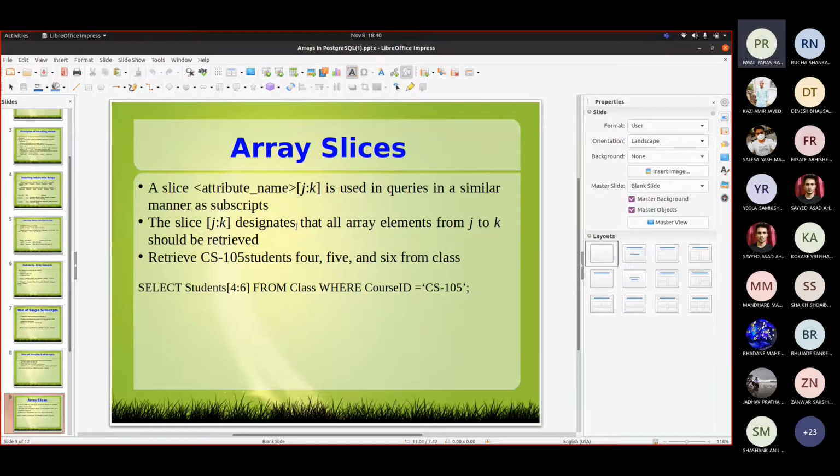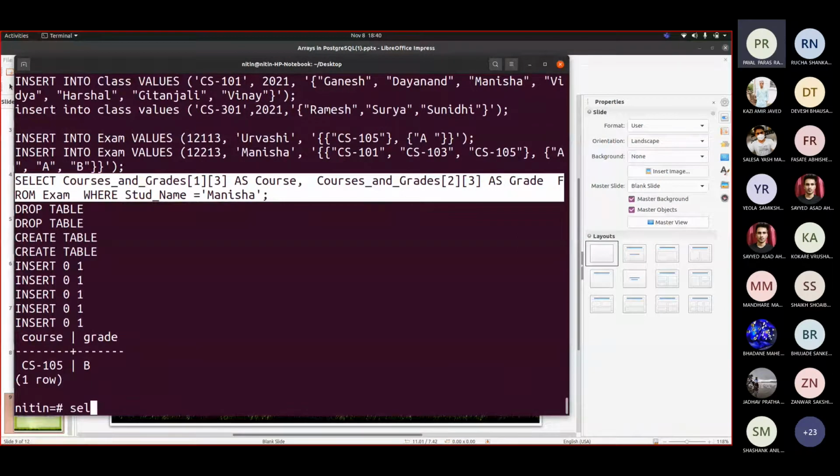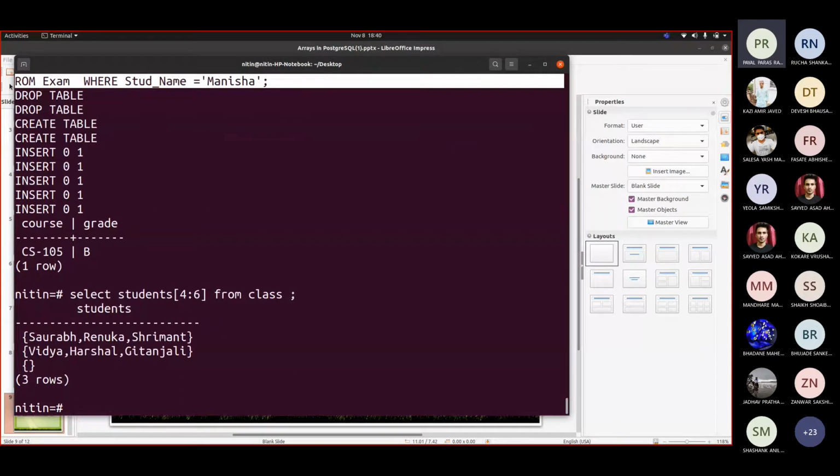Fine. So if I try to fire this, select students 4 to 6 from class. So let us write subject name where course ID equal to CS 105.